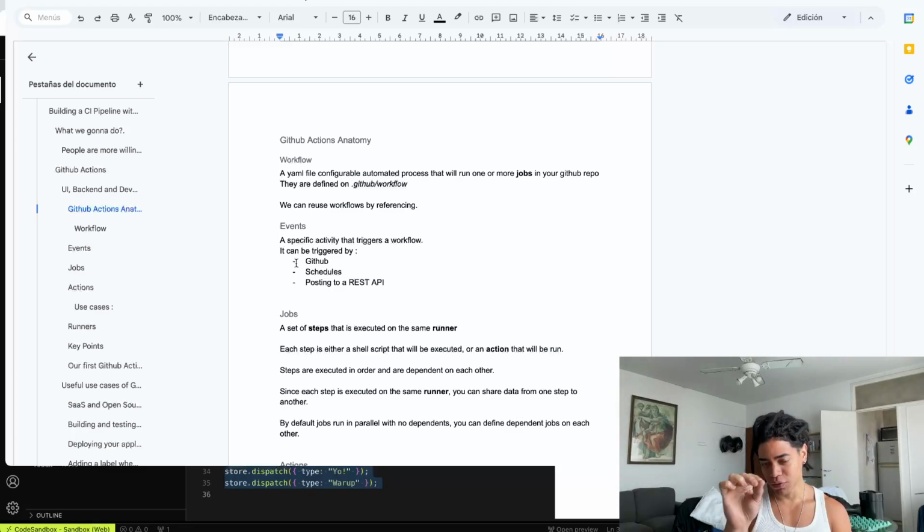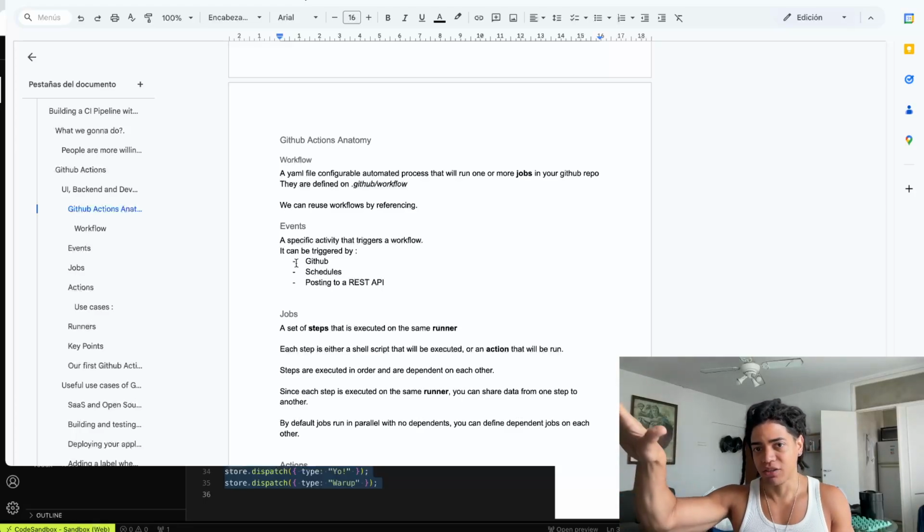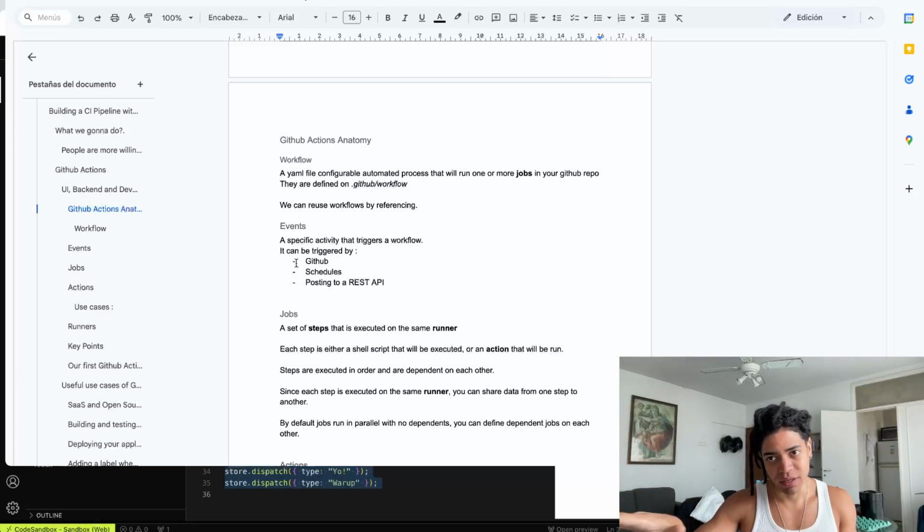All of this series of steps is something that these custom actions allow you to do, as well as setting up authentication with cloud providers: Azure, AWS, GCP, Google Cloud Platform, right? Because these steps run sequentially,